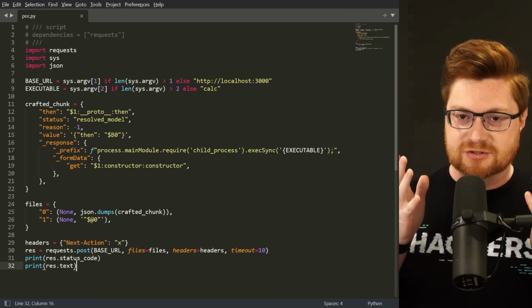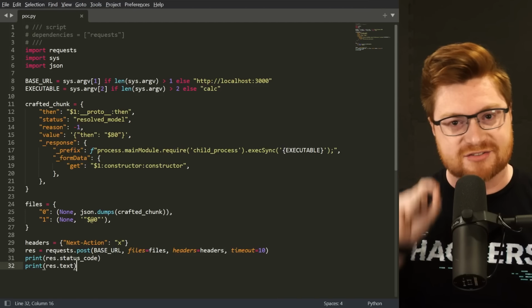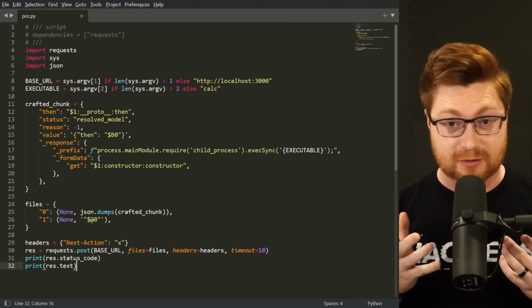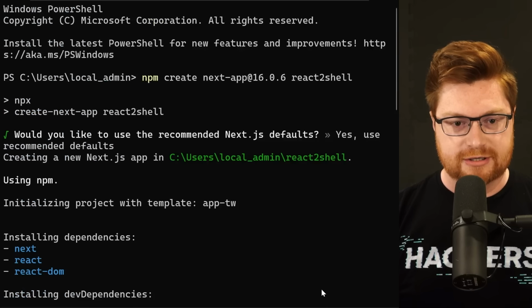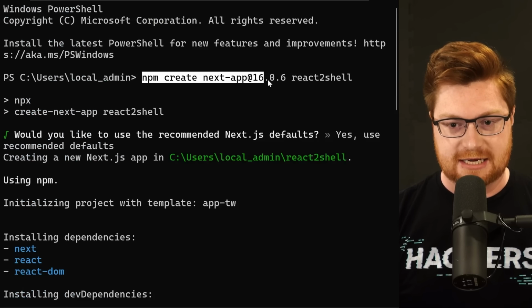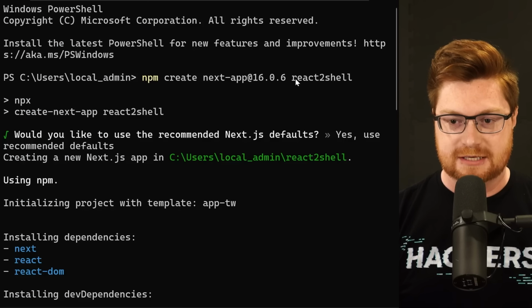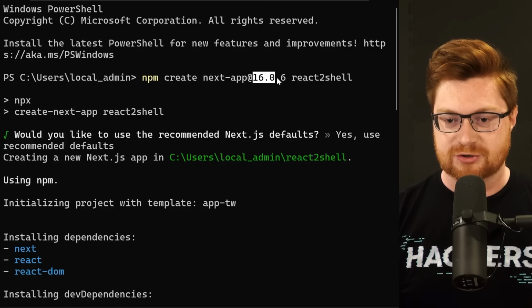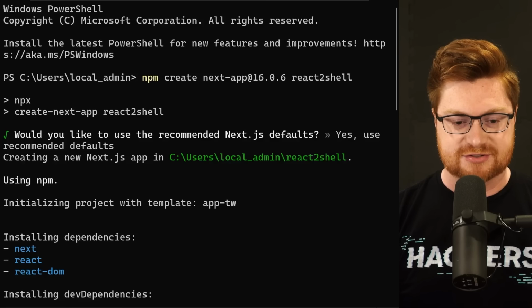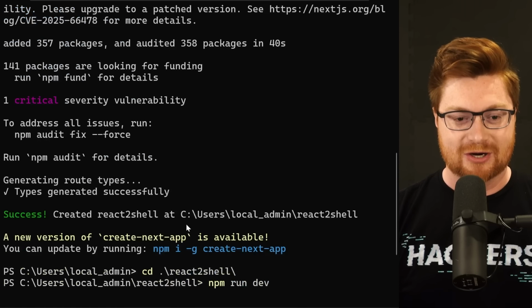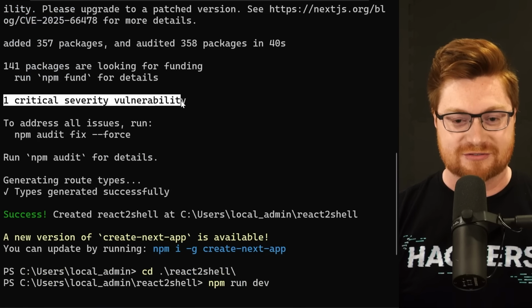Ladies and gentlemen, boys and girls, this is it. That's the proof of concept. This is the exploit. Let me show you. So over here in my terminal, I have just spun up a Next app with NPM for the React Shell vulnerability. I'm using an old version here, 16.0.6, because this is now patched, but you'll note, one critical severity